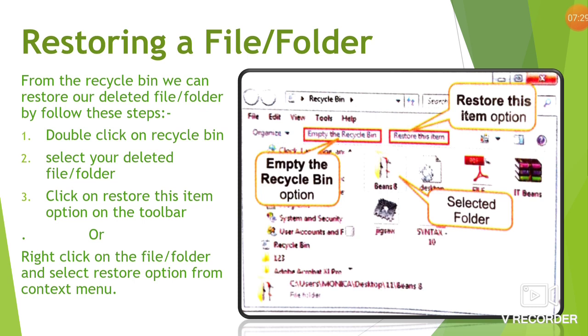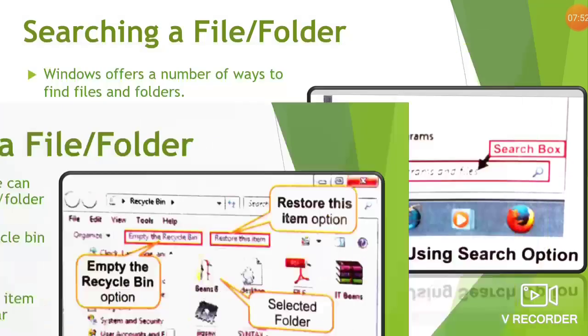First, simply select the file or folder that you want to restore, and then click on the Restore this item option on the toolbar. And the second method is right click on the file and folder and select the Restore option from the context menu. Then your file and folder will be restored at their original location.